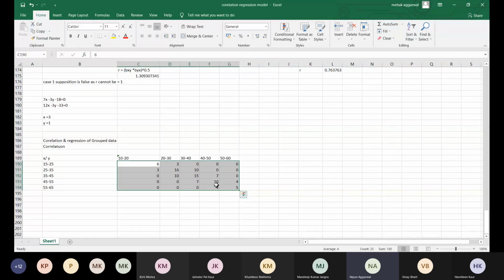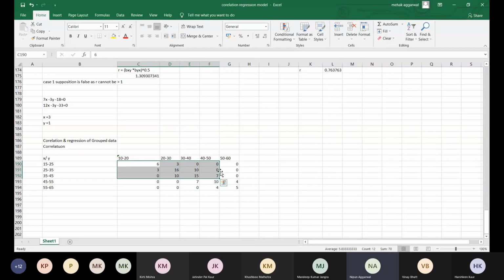Fine. Now we want to find out if there is any relation between the income and the age, that is, if the age increases, the income will also increase, or vice versa. So in the first case, we want to find the correlation between x and y. Because frequencies are involved, whereas earlier we calculated the correlation without frequency, now the frequency is also given, so it is a case of grouped data.